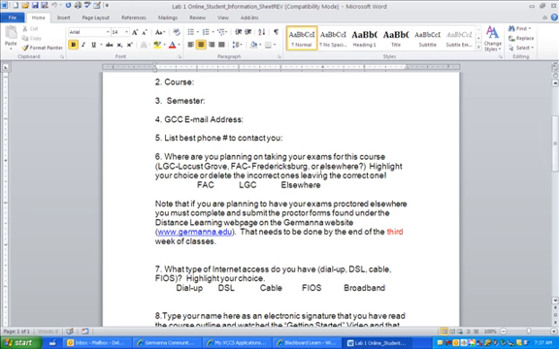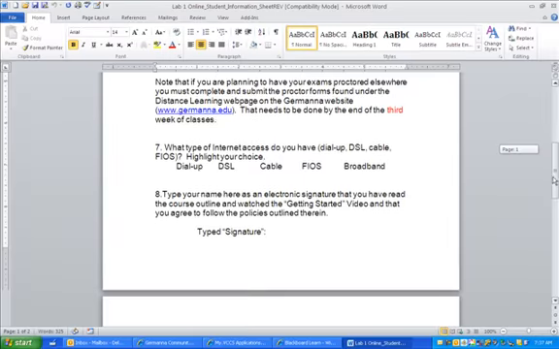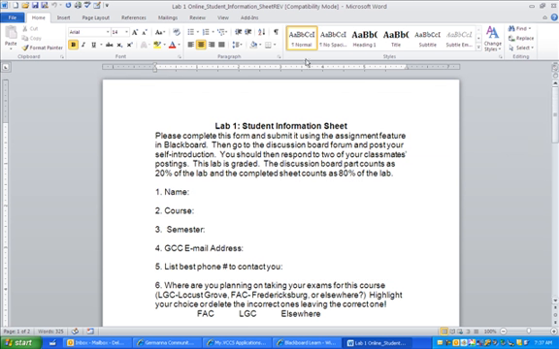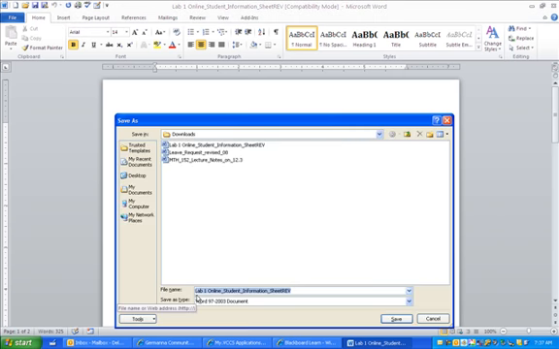The biggest thing I'm looking for is where you're taking your exams, and then your self-introduction goes at the very end. When you're finished, I would encourage you to save as and put your last name in front so that you can identify the one you've completed from the one you haven't. Save it,